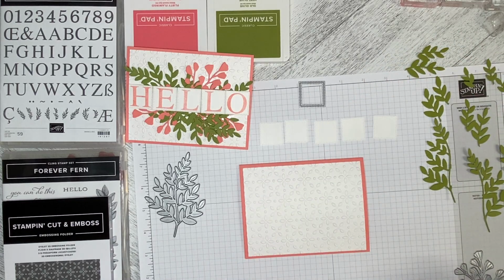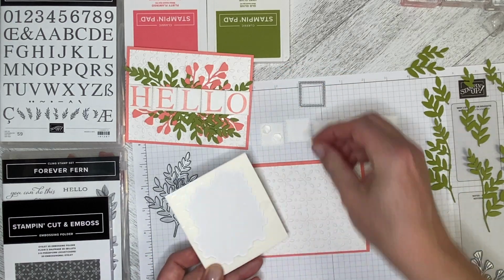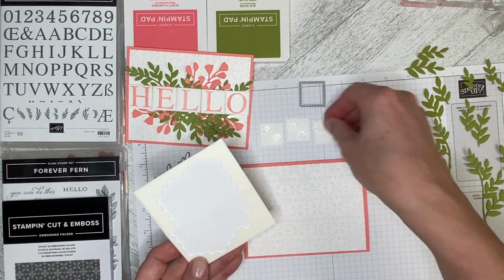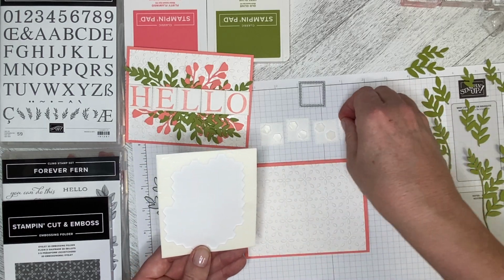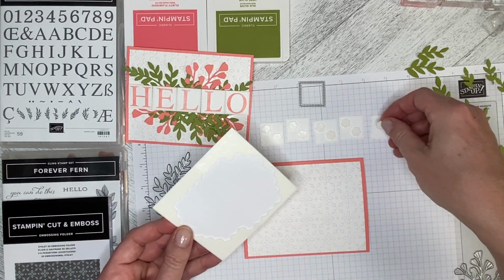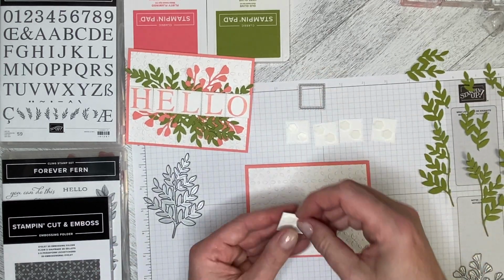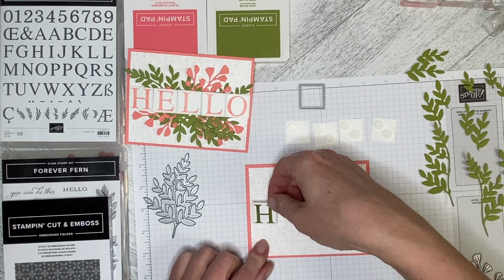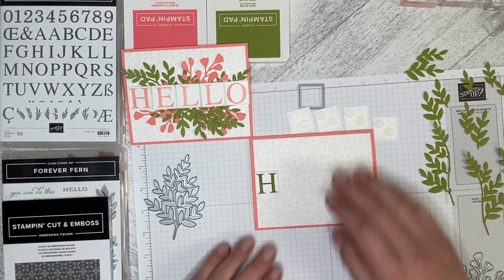So I'm just going to pop a couple of dimensionals on the back of each of these. I'm using 2 just to hold it a little bit more firmly in place. Now it's going to make it a bit of a challenge to fit things underneath because the dimensionals are very close to the edge. But if I only put one in the middle, it's still going to be a little bit wonky, and I want it to just set down nicely. So let's put these down. Okay, so right in the middle, and we're going right up to the edge here. So I'll just move everything up just a little bit,